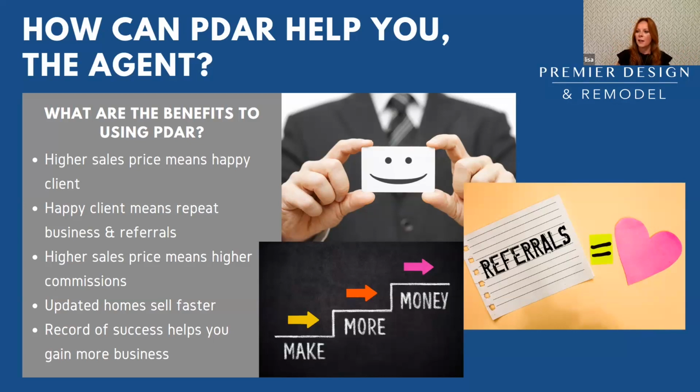And they are willing to finance that, because even though they could get a great deal and put a minimal investment in and gain so much equity, most buyers can't wrap their head around what that's going to be, the choices they have to make, the budget that they have to come up with, or the time frame that they have to get this done. And so even though the home is now listed for a much higher price, it's a premium price because it's a premium product now, they're willing to pay that because that just gets financed in their monthly mortgage payment. And so it doesn't seem like they're paying more for the house. It just seems like, okay, I'll pay $100 a month more for a fantastic, beautiful move-in ready house